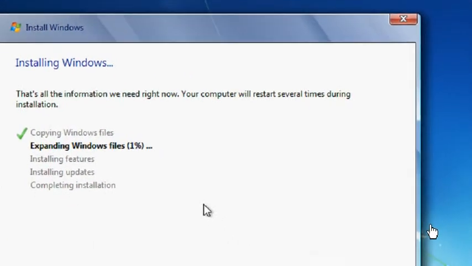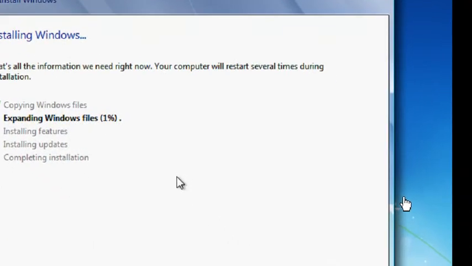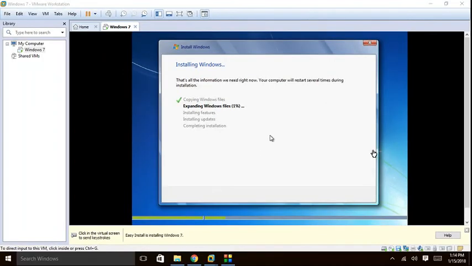Here you can see after finishing that process, the installation of Windows 7 has started. It will take some time to install, as everybody knows Windows 7 takes time to install on your computer.